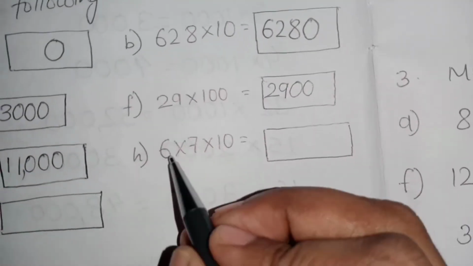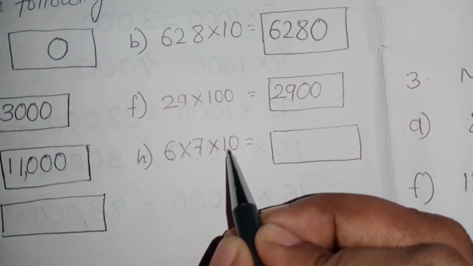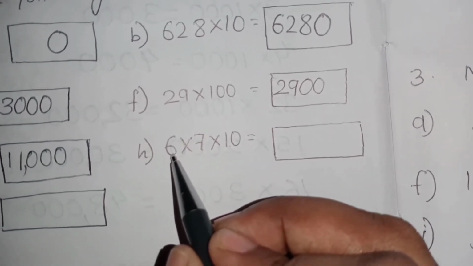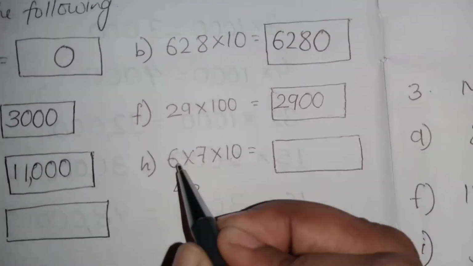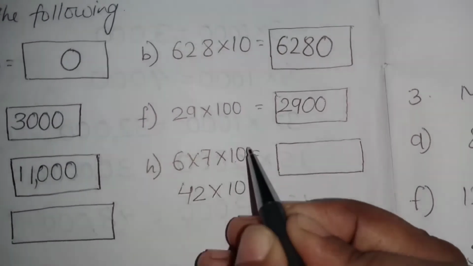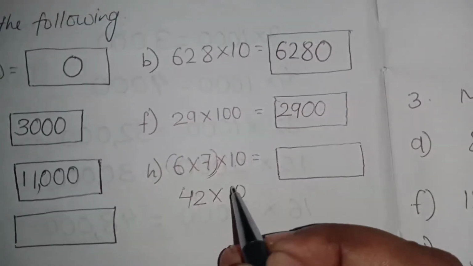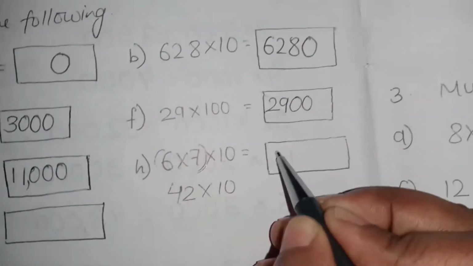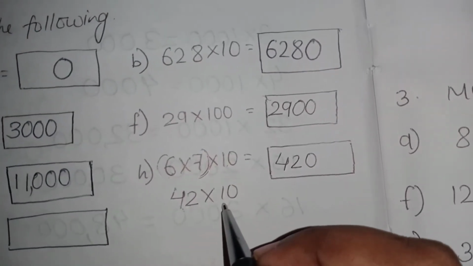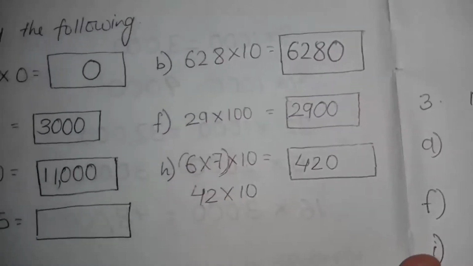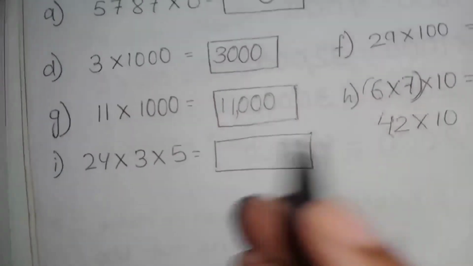Okay. Now here it is different. It is 6 into 7 into 10. So let's multiply. First we'll multiply these two: 6 sevens are 42. I am writing it here first. 6 sevens are 42, into 10 is left. Now I made these two groupings first. So 6 sevens are 42, into 10. Now 42 ones are 42, and add this 0. So 6 into 7 is 42. 42 into 10 is how much? 420.